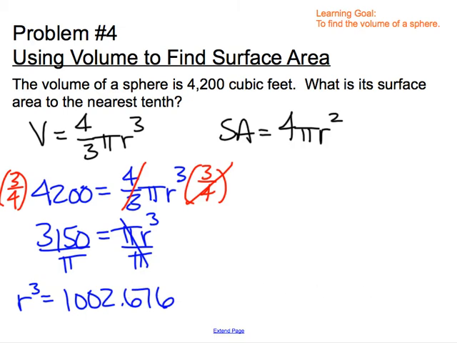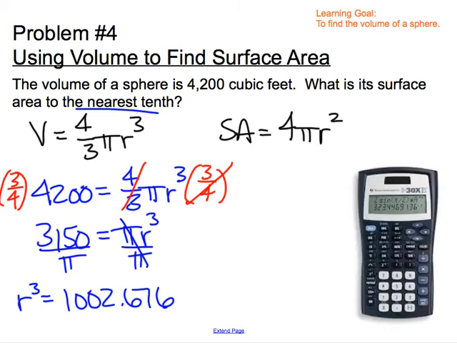Now the decimal continues to go, but since my answer is eventually going to be rounded to the nearest tenth, I'm pretty okay with stopping here at 3 decimal places. Now one of the things that we're going to need to know how to do here that we haven't had to do yet is the ability to take a cube root. So once we have this number on our calculator, 1002.6761414 and so on, we want to hit 3,